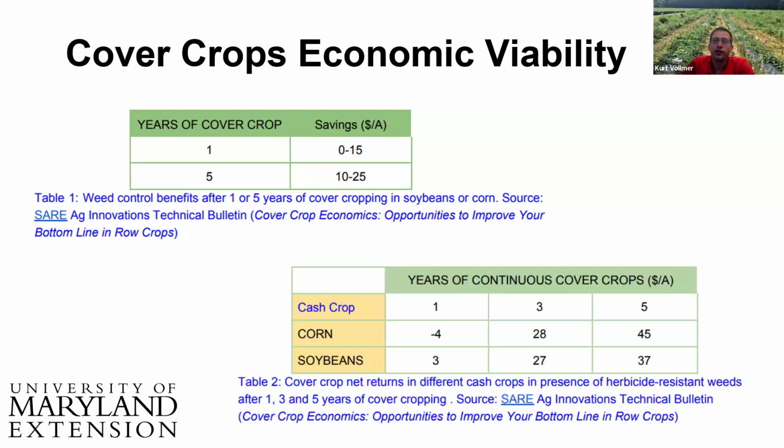Now, when severe infestations of herbicide-resistant weeds like Palmer and waterhemp are present, the adjusted net return on cover crops and corn in the presence of these weeds is -$4, $28, and $45 per acre over a 5-year period. In soybeans, the net return was estimated to be about $3, $27, and $37 per acre, respectively. So cover crops to combat herbicide-resistant weeds will put you in the black a lot faster in soybeans than